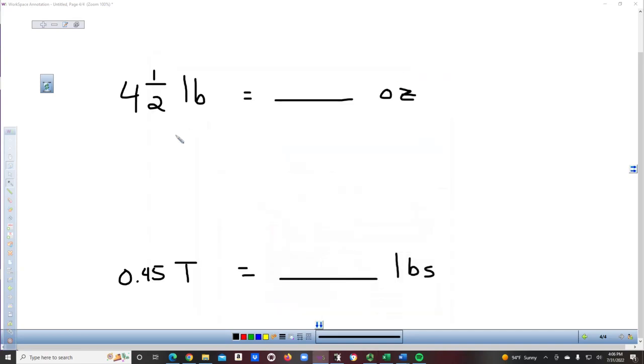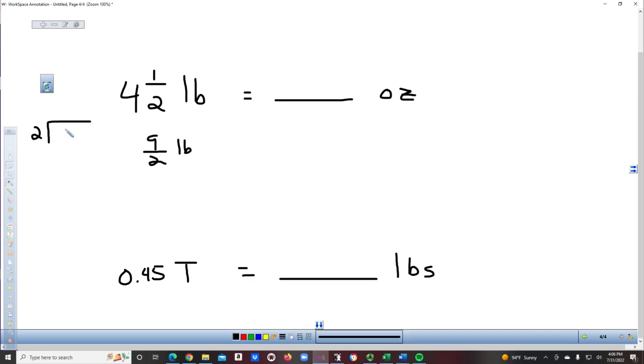All right, so we talked about converting mixed numbers to improper fractions before. So we're going to first convert this mixed number to an improper fraction by taking the whole number, 4, times the denominator, 2, and adding 1, giving us 9 over 2. Okay, so we have 9 over 2 pounds, or since this is a terminating fraction, we can say, well, 2